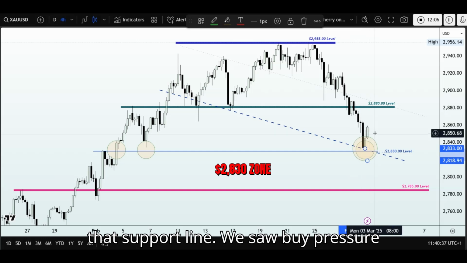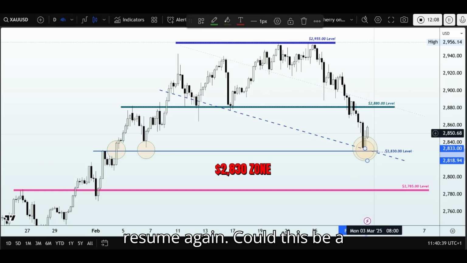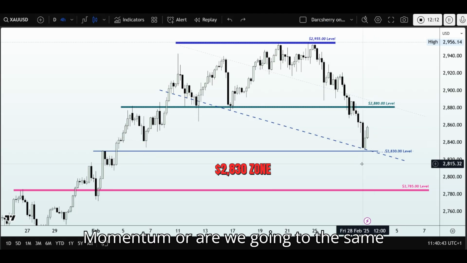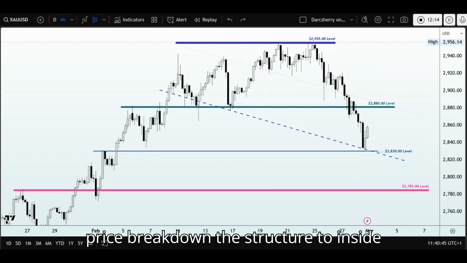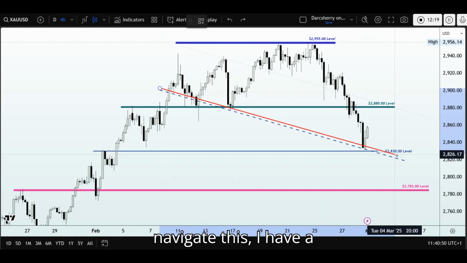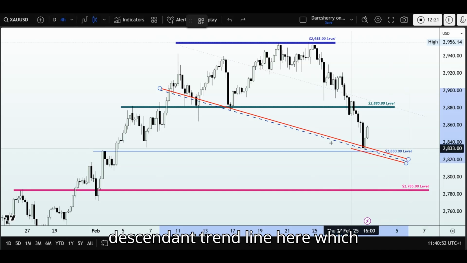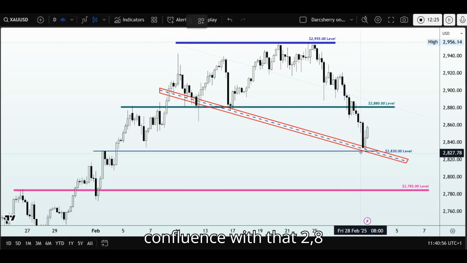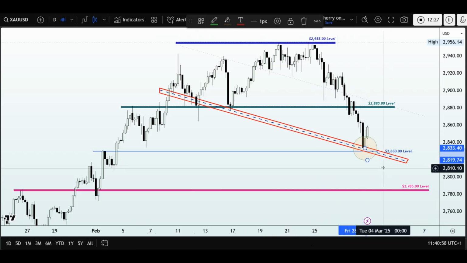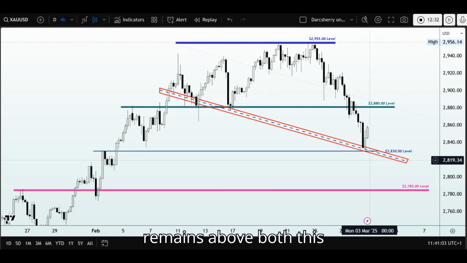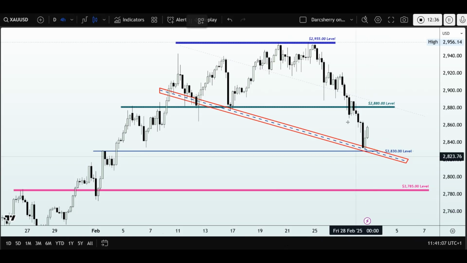We saw buy pressure resume again. Could this be a platform for the next wave of bullish momentum? Or are we going to be seeing price break down the structure to invite selling ideas? Now, to help us navigate this, I have a descending trend line here, which beautifully shares a confluence with that 2,830 area. So for me, if price remains above both this trend line and the 2,830, I will be looking out for reversal patterns,